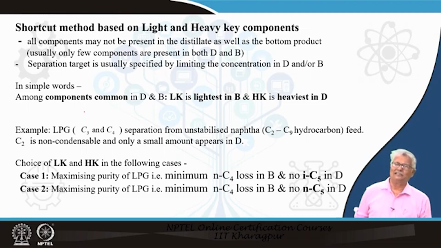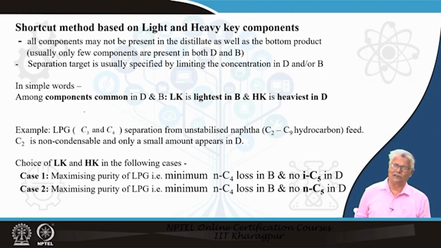That means it is an unstabilized naphtha feed, and during separation one thing is sure: if this separation is carried out in a fractionator, C2 is the lightest, and possibly that is not going to condense there, because to condense C2 I either require a very high pressure column or I need a cryogenic column. So, quite likely I will be losing the ethane as vapor